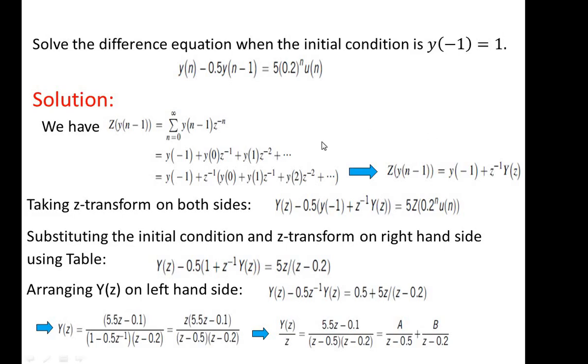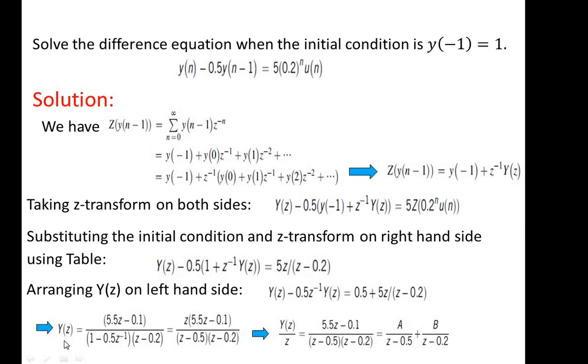Likewise here too, for understanding the application of partial fraction, we have another example. Here the question is given, and we have to take the z transform for this one, and at last after taking the z transform we will get this equation, right? Here we have one initial condition, y of minus 1 equal to 1. After substituting and rearranging all the terms, at last we will get this equation. So now it is a system function.